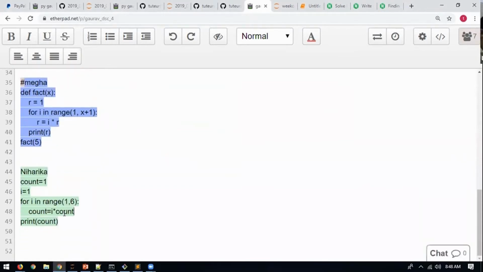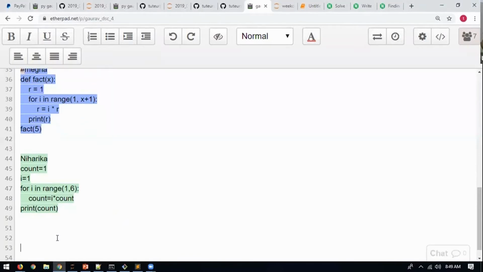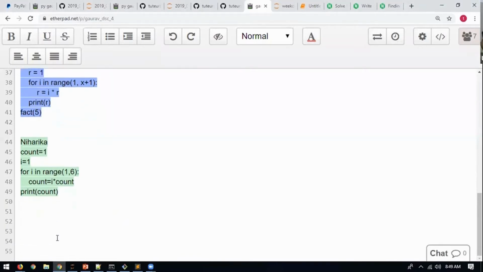Guys, paste quick. Online guys, are you doing or not? I have only from 2 people, Niharika and Mika. So guys, paste whatever you have written. I just want to see how you are thinking, what you are doing, and how much code you have written, and did you even listen or not? Niharika, we needed that in the form of a function, but at least the code would work, so that's fine. No issues with that.